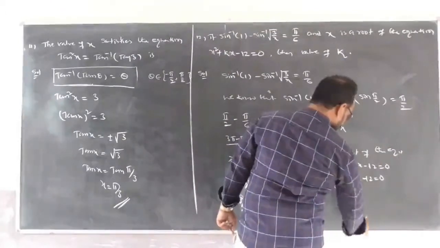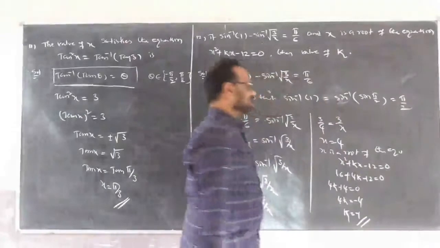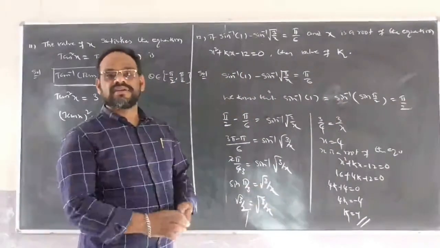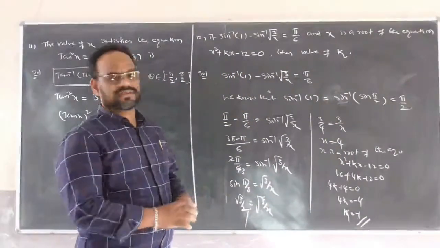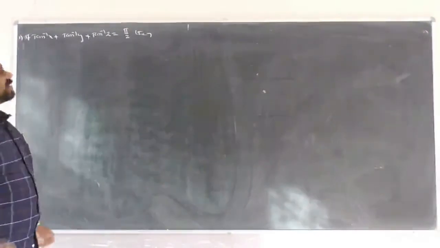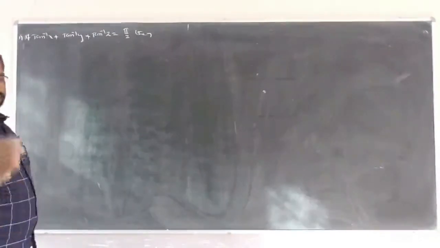K is equal to minus 1. So the value of k is clearly minus 1. If tan inverse x plus tan inverse y plus tan inverse z is equal to pi by 2,